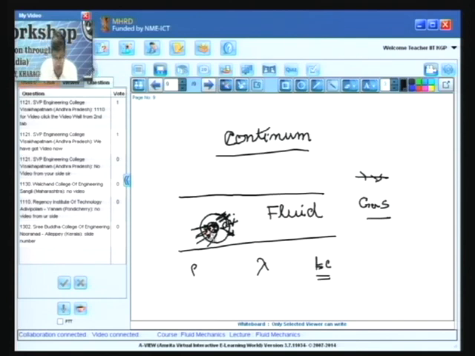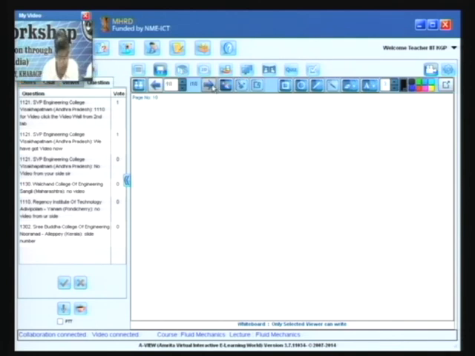Therefore, a ratio of the mean free path lambda divided by the characteristic dimension LC